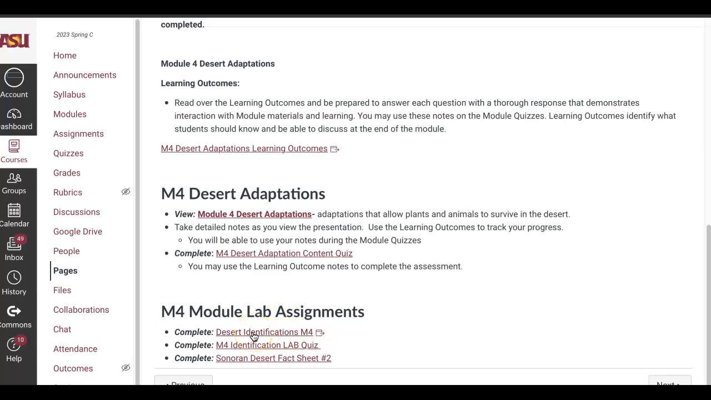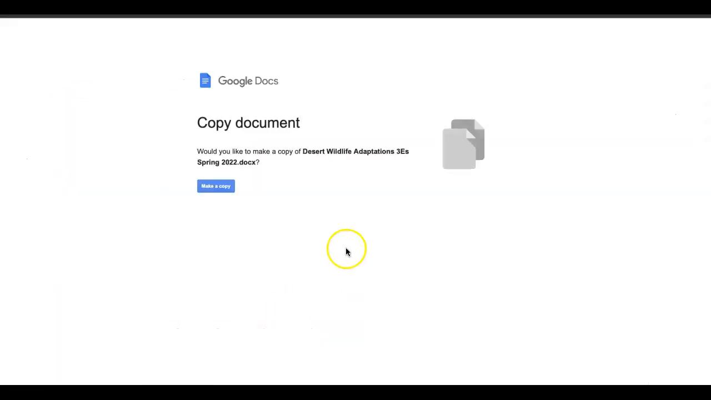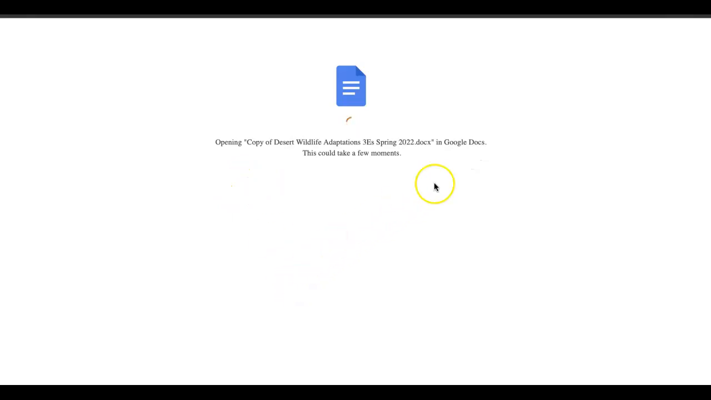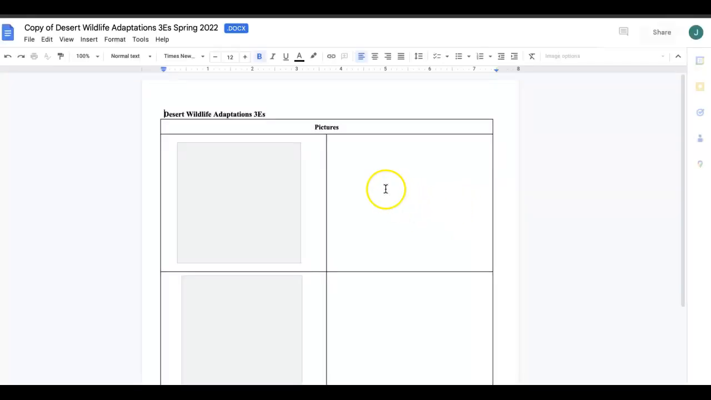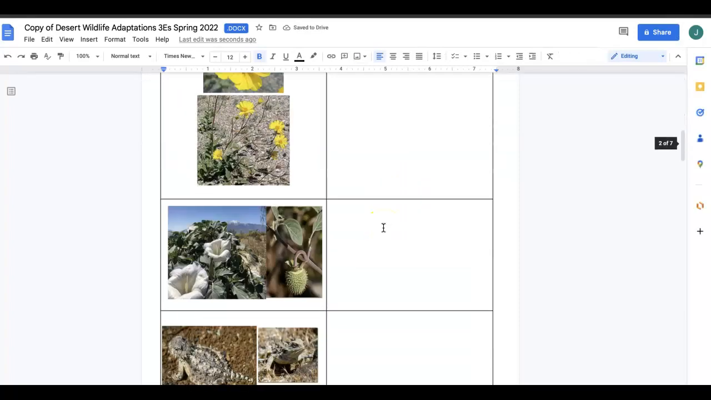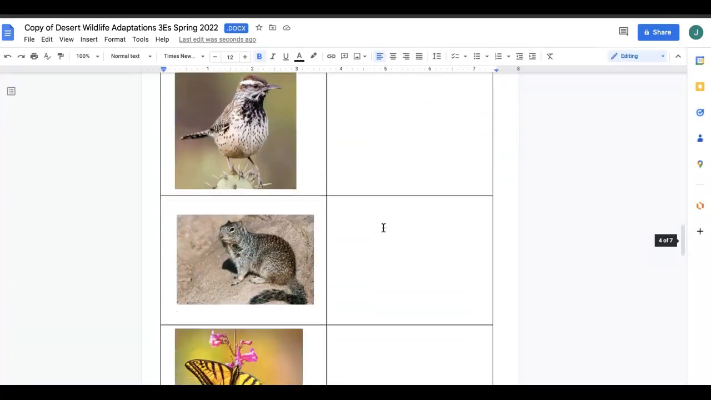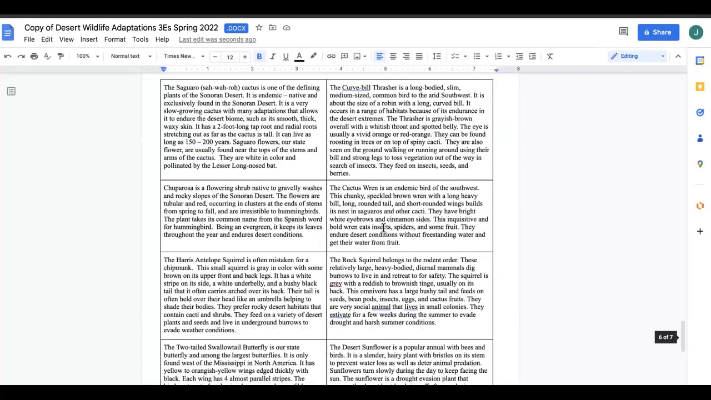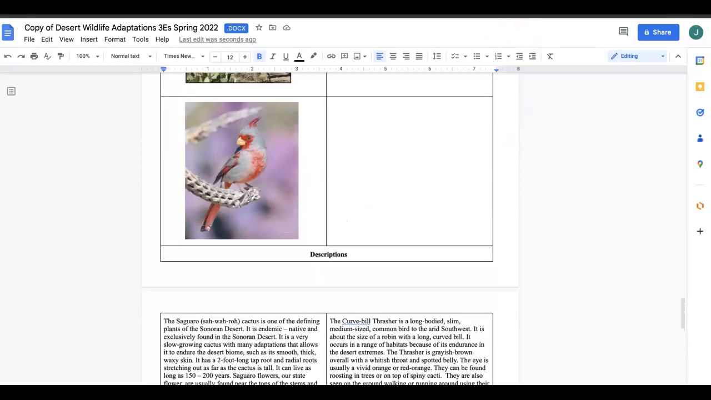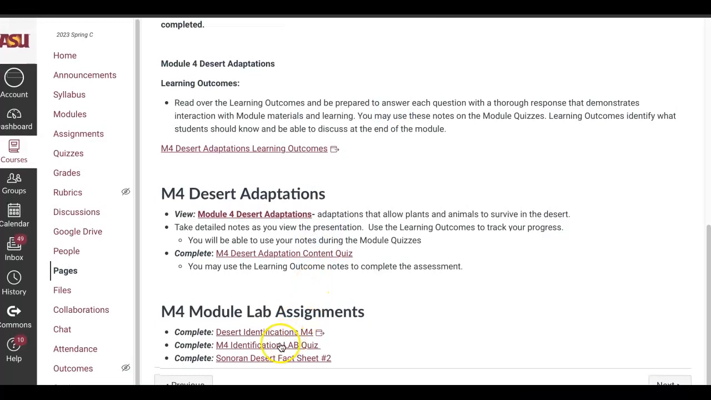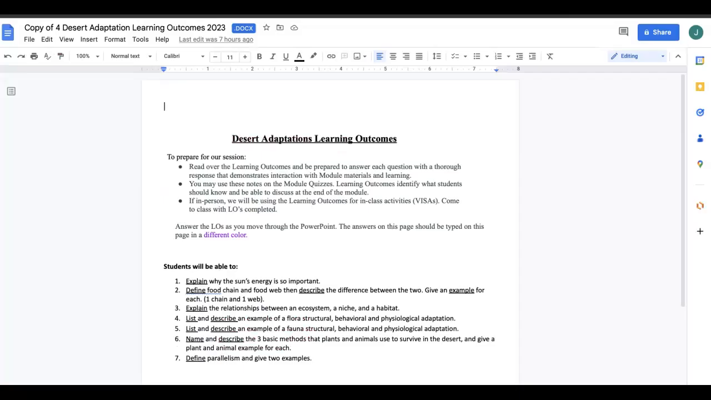You're going to be completing desert identifications from Module 4. Remember to follow the directions clearly. That involves making sure there's no overlapping, making sure you're copying and pasting the entire description, and also following directions to highlight the key descriptors. So making sure that you're following all the directions involved with that. And next you have your lab quiz, and then for the Sonoran Desert fact sheet, I'd like to take a